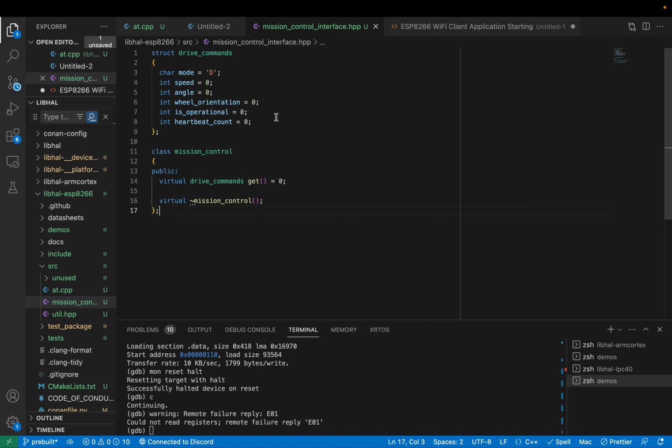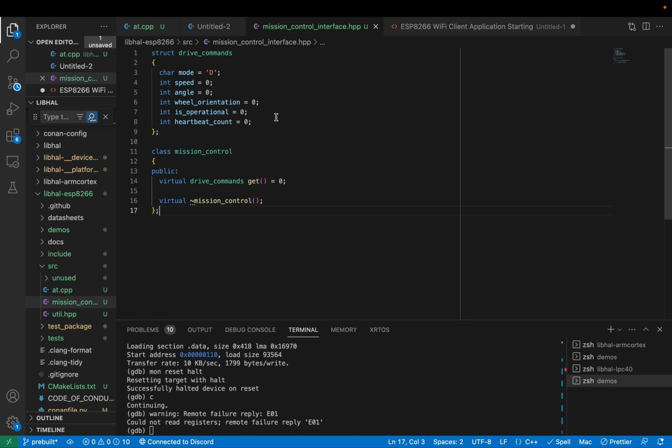All right, so what I'm going to do right now is go over the mission control interface. The idea here is to show how an application could utilize its own interfaces. We have in libhow interfaces for generic hardware modules, and that's good and dandy. But there are certain use cases where it makes more sense to allow the developer who's using your application to implement a certain behavior in a certain way, the way that they may be interested in